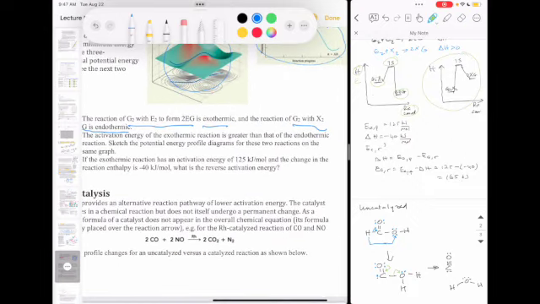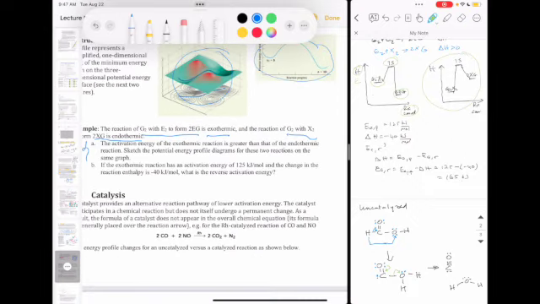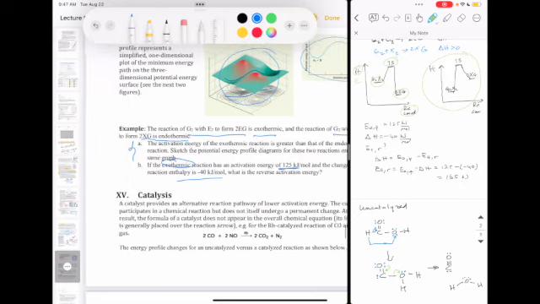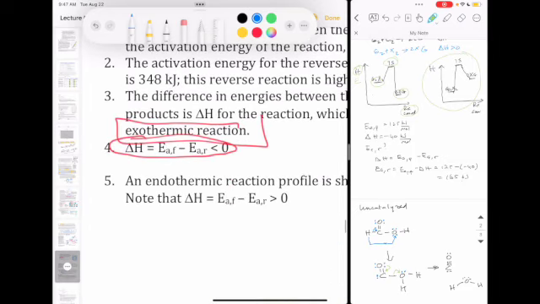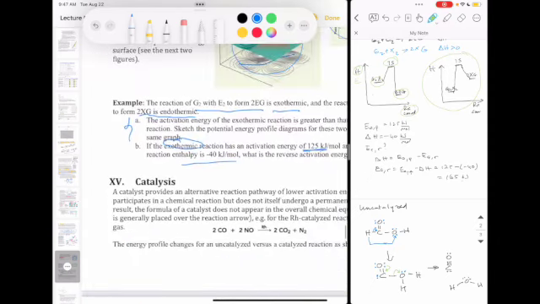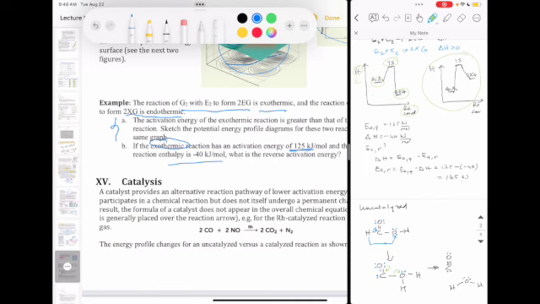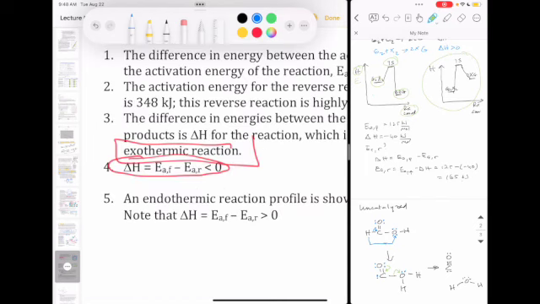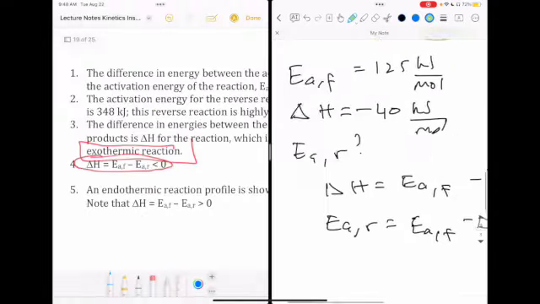The second part of this question has to do with calculating the reverse activation energy. So it says if the exothermic reaction has an activation energy of 125 kilojoules and the enthalpy is negative 40, what's the reverse activation energy? So what you need to remember, of course, is that the enthalpy change is just the forward minus the reverse. In this case, we were given the forward. It didn't say forward specifically, but the question did ask for reverse, so we know that the number that we're given is forward. You can set up that equation, which I did here on the right side,